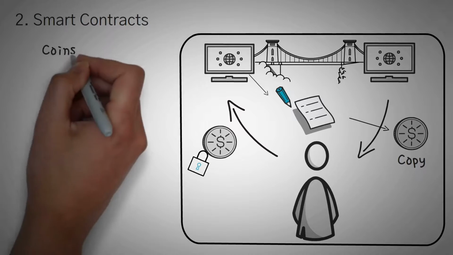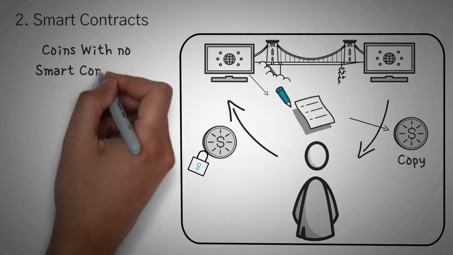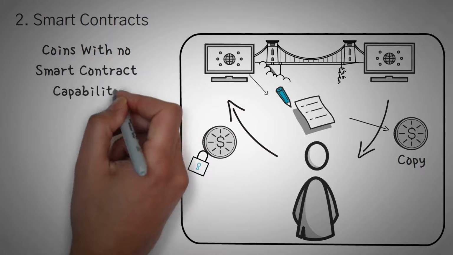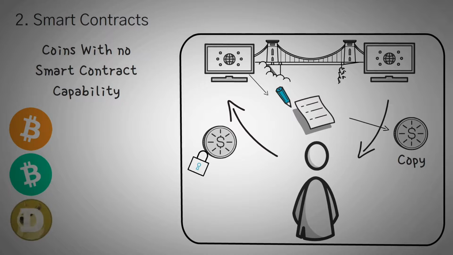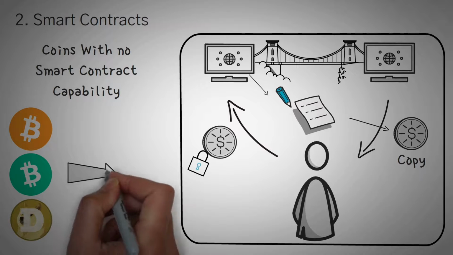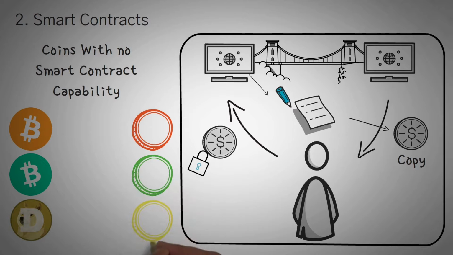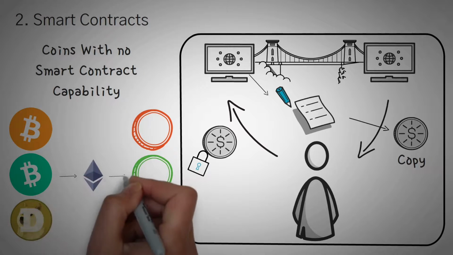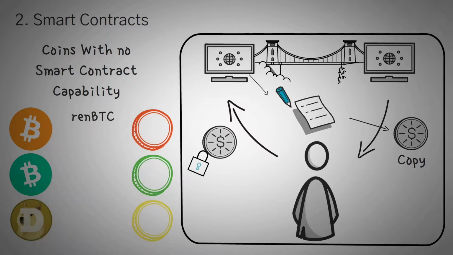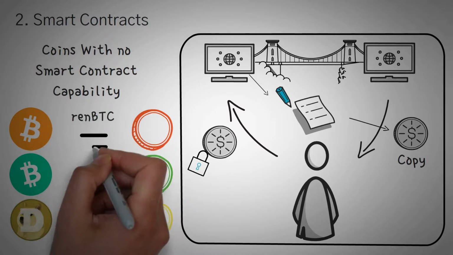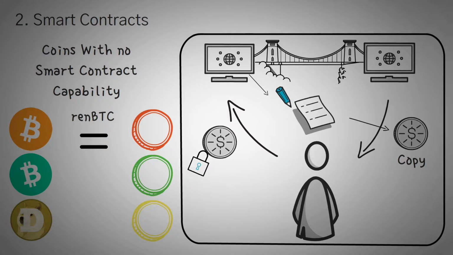It should also be assumed that this smart contract method is usually used for the coins that don't have their own smart contract capability. For example, Bitcoin, Bitcoin Cash, and Dogecoin are three big coins that people love investing in, but they do not have the ability to do things like lend or borrow on Aave. Instead, you can simply get a representation of these coins on a network that does allow smart contract interaction, like Ethereum. In fact, RenBTC is an Ethereum token that is pegged to the Bitcoin price. So essentially it is Bitcoin, but since it's on the Ethereum network, it gives you the capability to do things like lend it and interact with other decentralized applications.